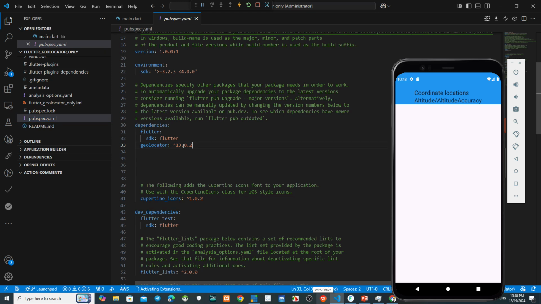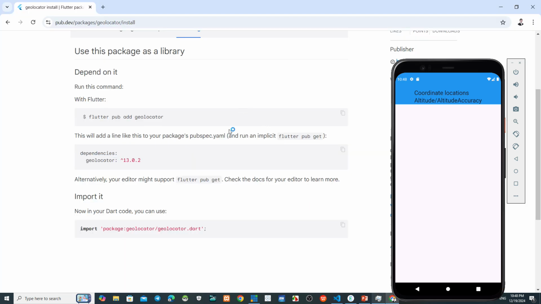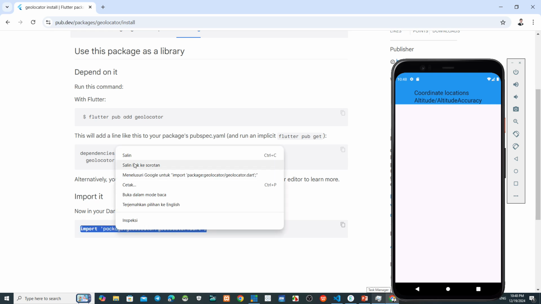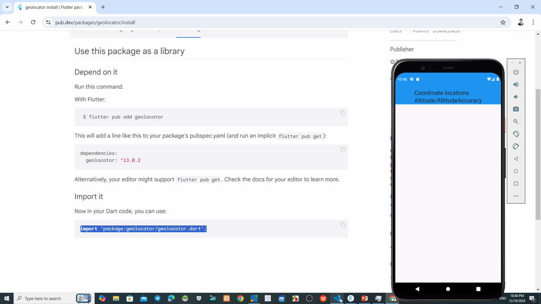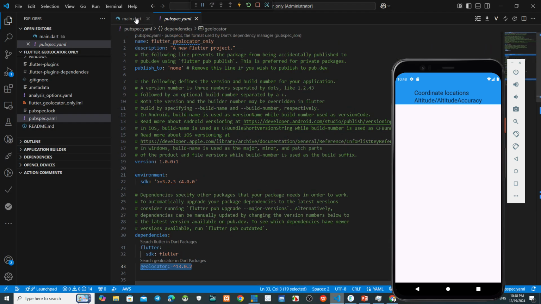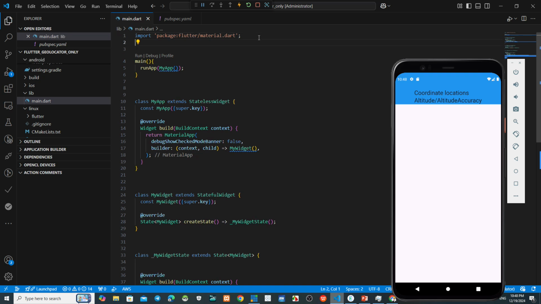Yeah, I have copied this to this, and then after that we copy this to our script.